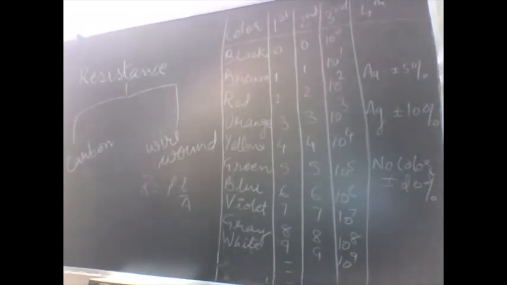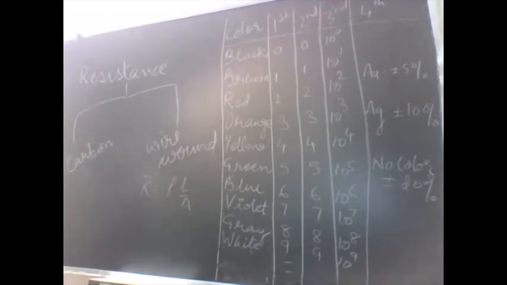So let us now start with the resistance and the types of resistance that are available in the market. Resistance, the definition is the same that we started in the 10th class. It is the opposition to the flow of the current. And in your house, what are the various devices that offer resistance? Everything. A fan, a refrigerator, a television, or any other device, any other material that is available in your house offers some resistance. Wood, infinite resistance.